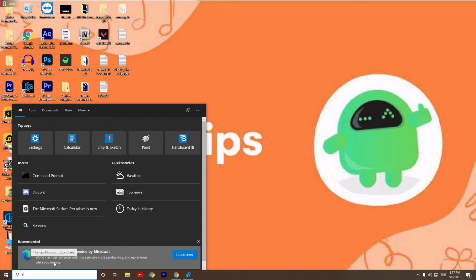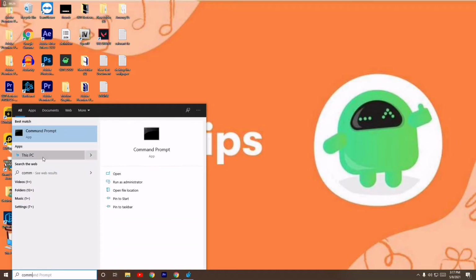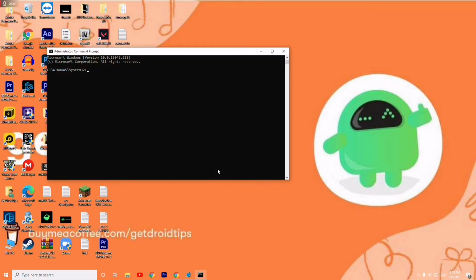So first thing what you have to do is just have to go here in the search and you have to search for command prompt like this, and you have to click on run as administrator and you have to go for yes. And from here now you have to give a command which is ipconfig /flushdns. Okay, now you just have to press enter, and once it has successfully flushed the DNS resolver cache,